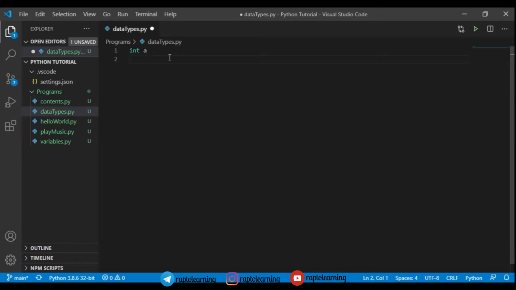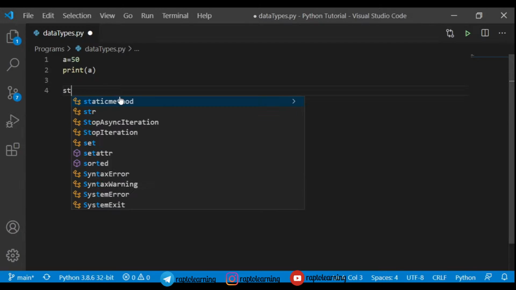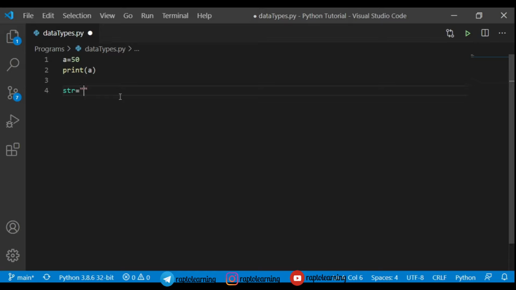So let's continue to the topic. Here the first data type, in any language, is integer. Integer is a basic data type, but in Python you don't need to specify that. You write a equals value, and a equals this much. It will automatically sense it when you declare a variable as we declared previously. So look at this program. Here a is 50, print a. It automatically senses that a is of data type integer, and you don't need to specify it.